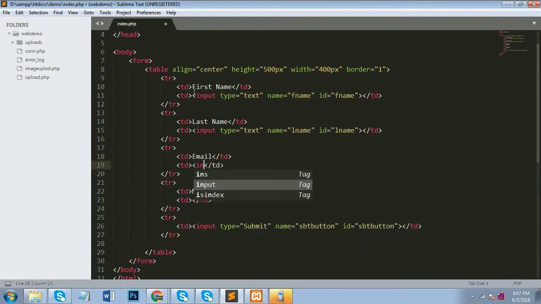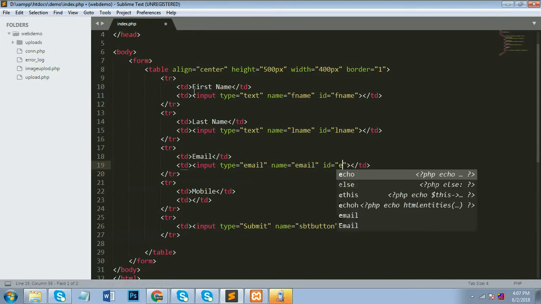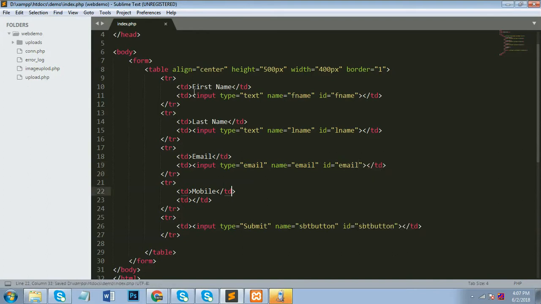Always guys, use the input type text and give the ID and name the same, so you don't get confused in the coding. Okay, and now my email, input type text, name email,